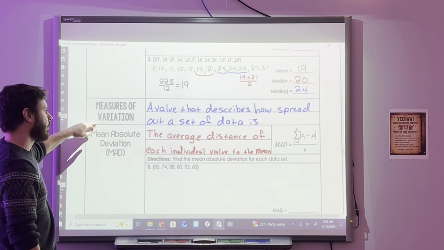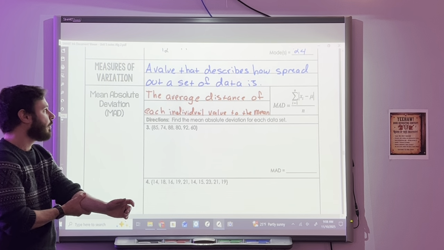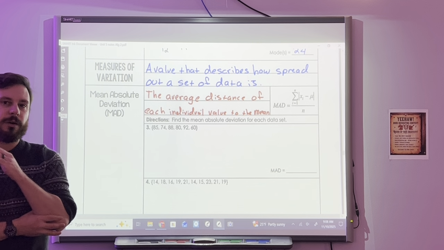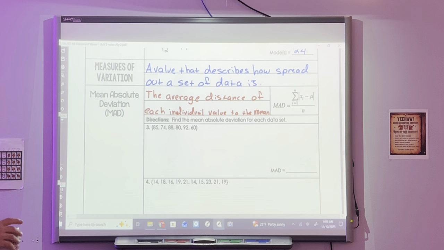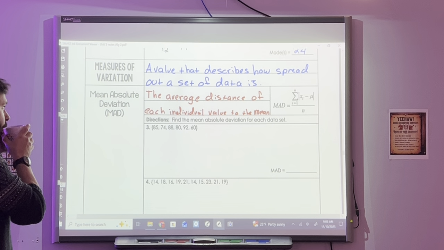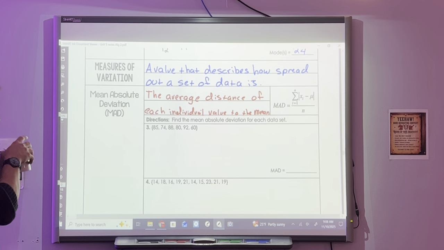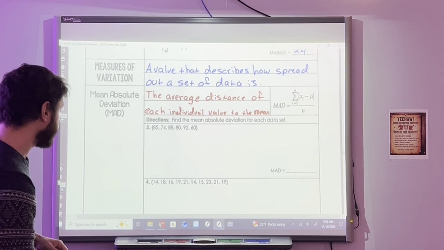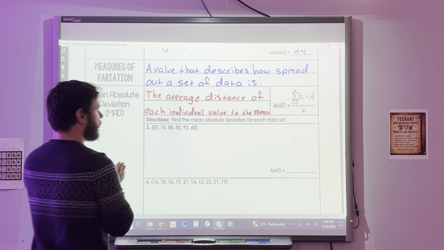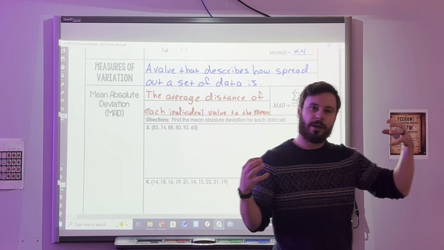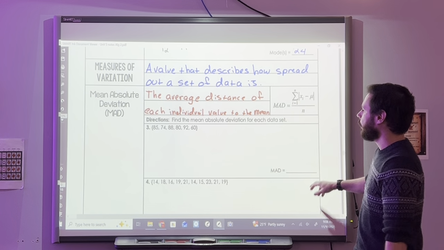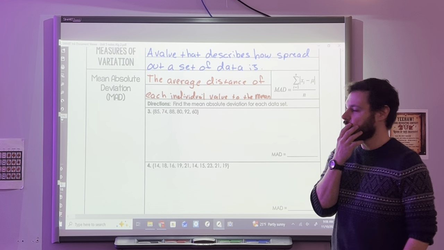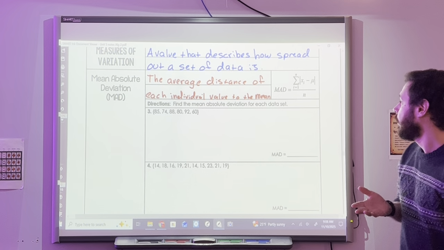Now to something a little bit more complicated, a little something new for you. Measures of variation. These are more high-level statistical values that are useful. So you can copy that down. These are different values that show us how dispersed data is, how widespread it might be, and there's a couple different ones. We begin with the mean absolute deviation, also known as the MAD, okay, because it's going to make